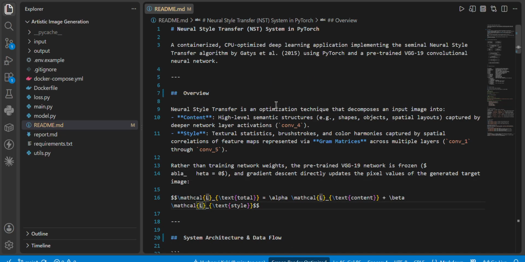Hello everyone, today I'm excited to present my project, a PyTorch-based neural style transfer system for artistic image generation. First introduced in the landmark 2015 paper by Gatys, Ecker, and Bethge, neural style transfer is a fascinating deep learning technique that takes the semantic content of one photograph and reimagines it in the artistic style, textures, and color palette of